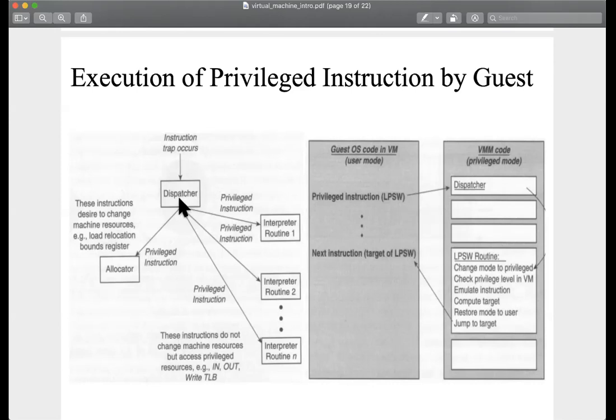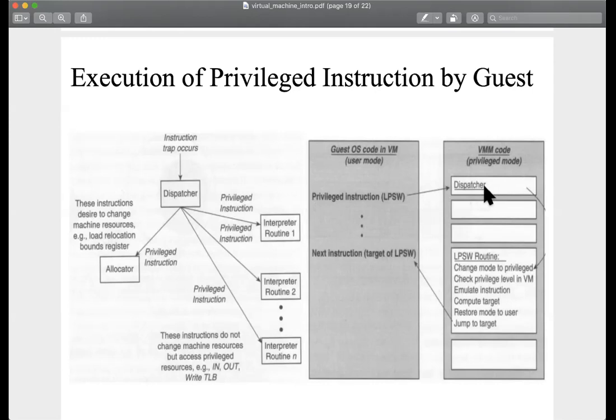As you can see in this other figure, a dispatcher would examine the instruction that's causing the trap, and then based on the instruction, it would call one of several interpreter routines. What that means is that for different privileged instructions, there may be different trap handlers that would emulate the effect of the corresponding instruction. So in this case,